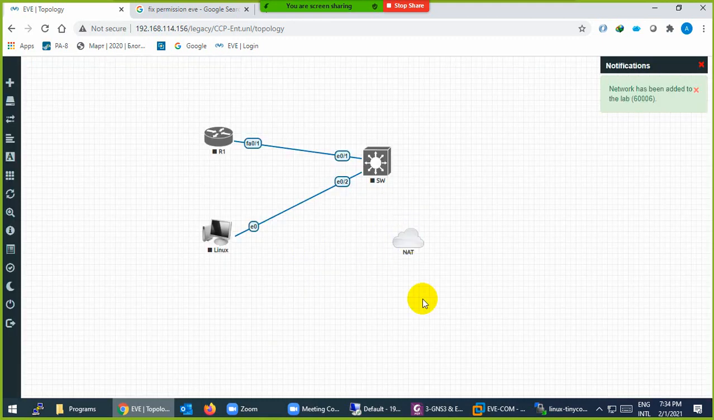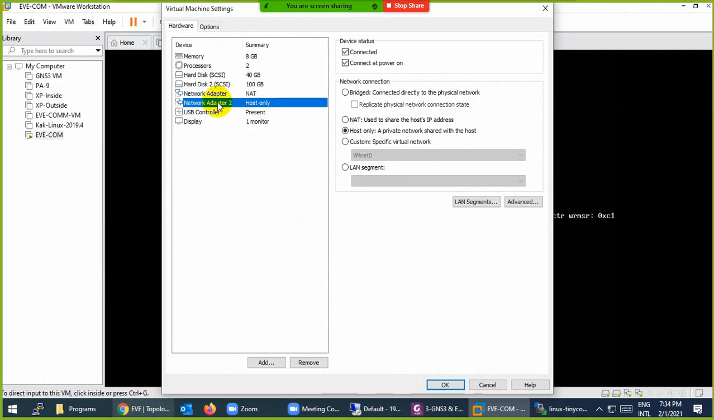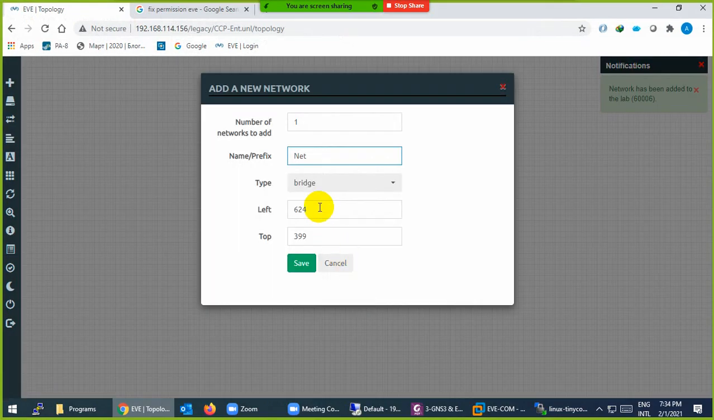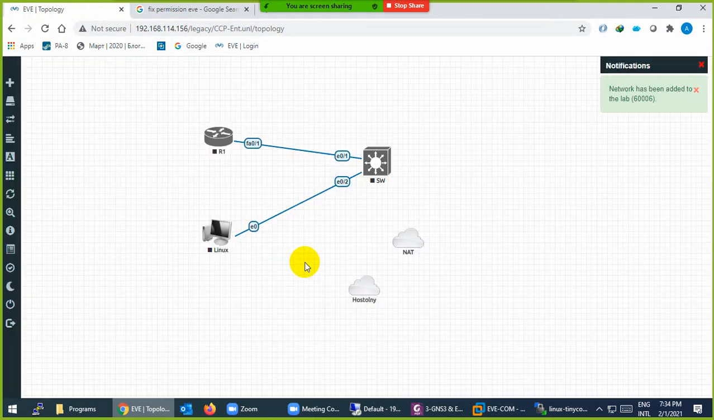Okay, and what about the other one? Host only. So host only will become network, and change it to cloud 1. This is the host only. Normally students get confused with these two clouds. So basically here is okay. And if I connect any device,